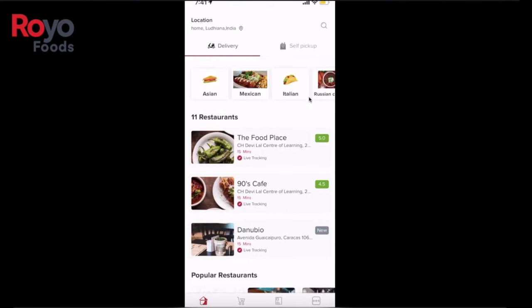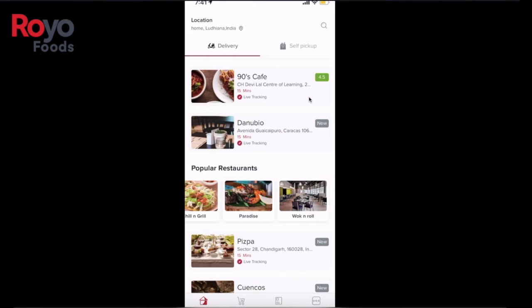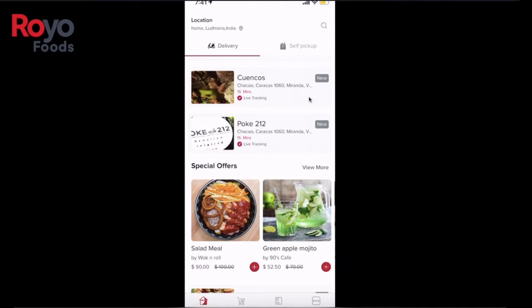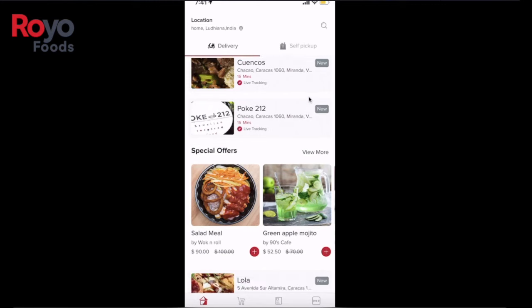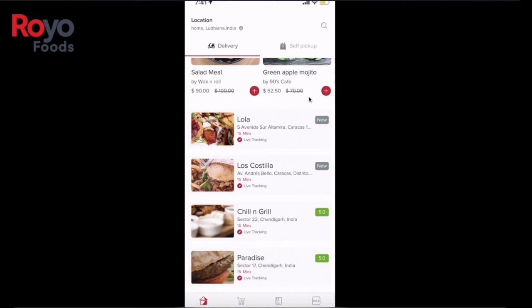And then below you have a list of restaurants, and then in between you have the option of popular restaurants. Again, this can be a special source of revenue for the admins, since over here it actually has the list of restaurants who are trending. And again, as a customer, the customer would just like to place an order from these trending restaurants. And then below we have special offers. These are some special offers which are running on our system. The customer can just click on this plus button and add these special offers directly into the cart.